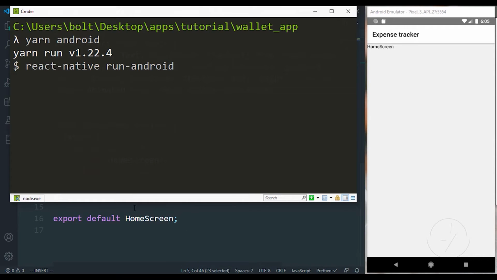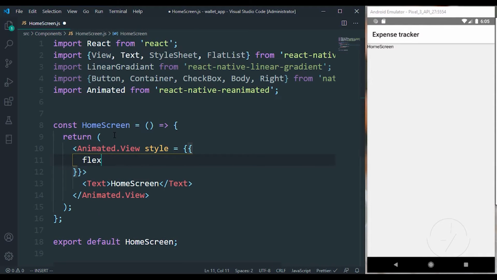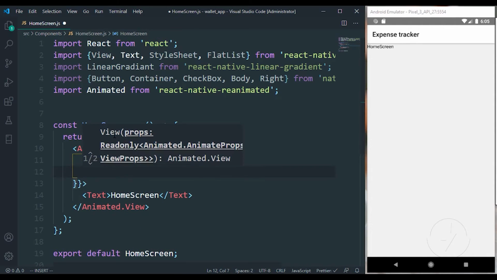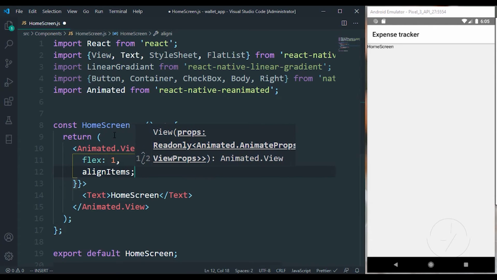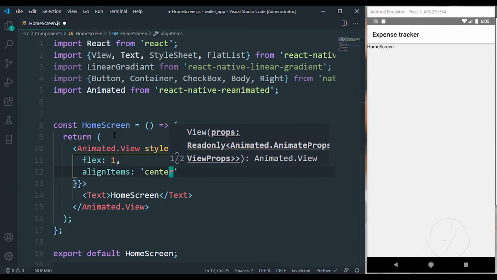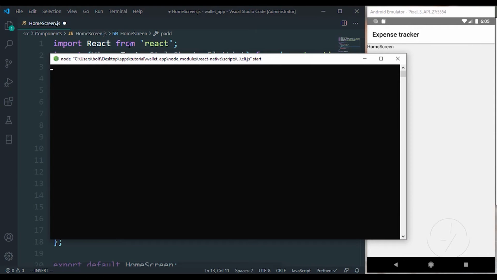While our application is running, let's just go ahead and add a couple of cool designs to it. For this one, it's going to accept a style, and I want you to take up the whole width and the whole length. I want the line items to center. If you're familiar with CSS, these are not going to be an issue for you.